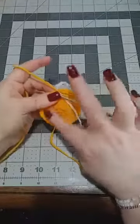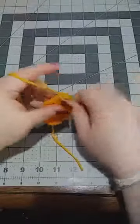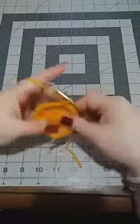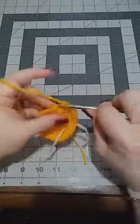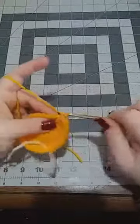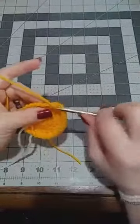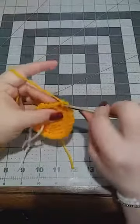And now what we're going to do is we're going to go all the way around, and we're just going to do 1 single crochet in each stitch around, and that will be for a total of 30. So 1, 2, 3, 4, 5, 6, 7, 8, 9, 10, 11, 12, 13, 14, 15, 16, 17, 18, 19, 20,